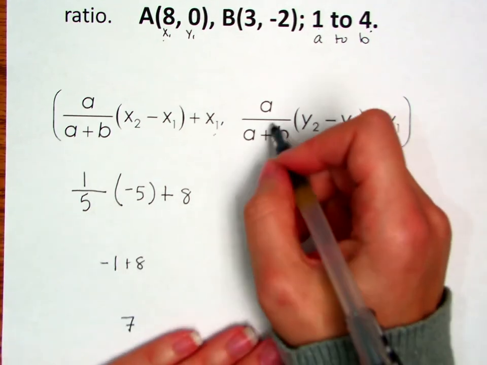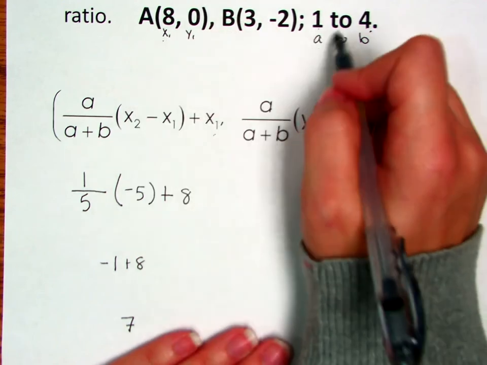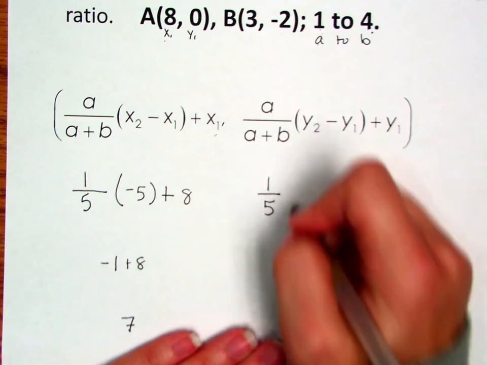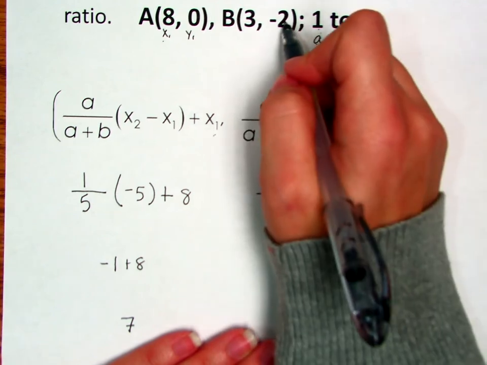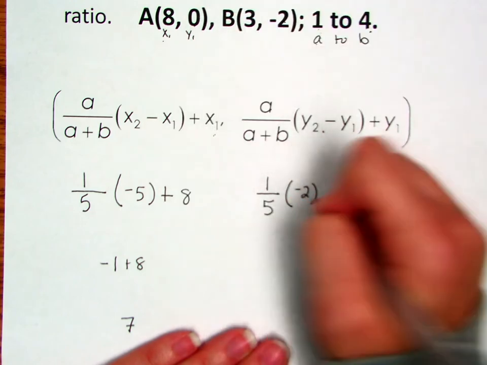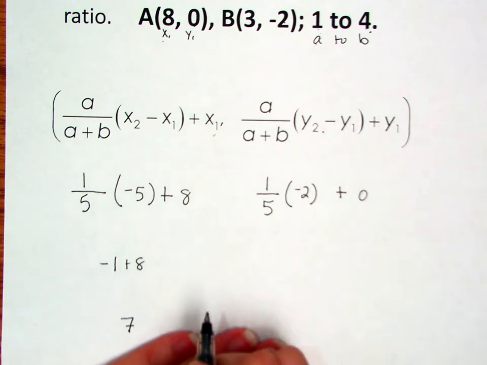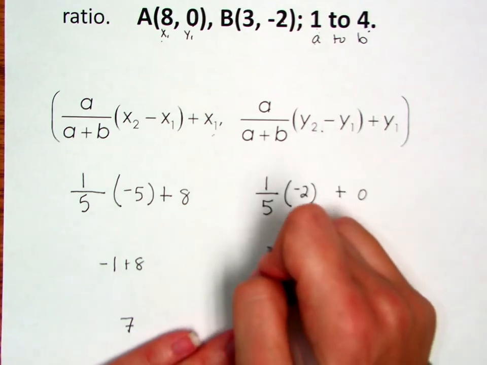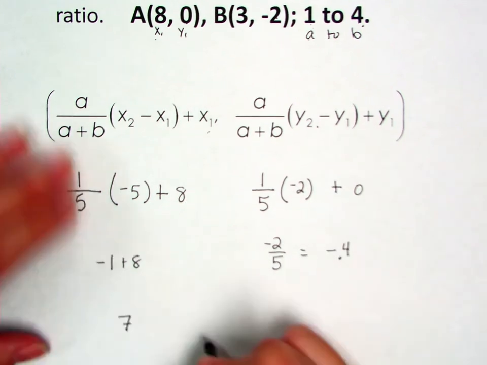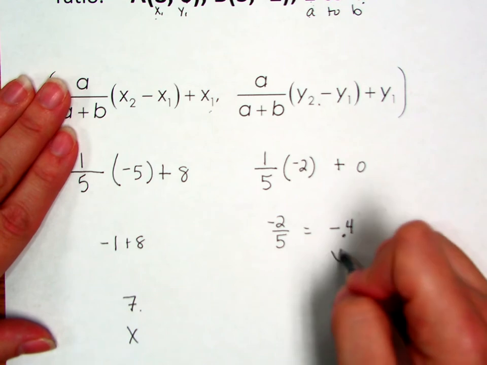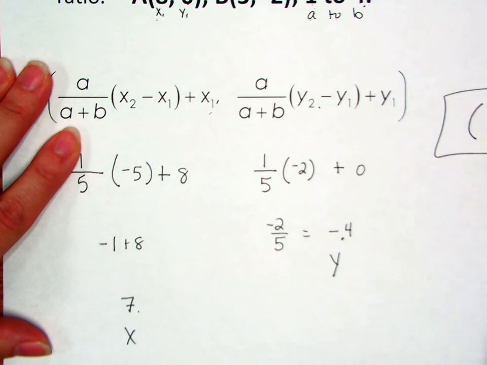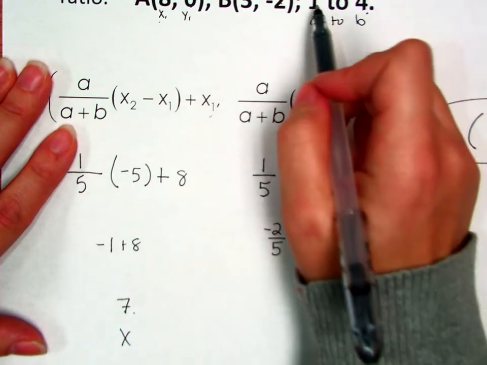We'll do it again for the y's. So you plug in your A, which here is 1, over 1 plus 4 is 5, ratio, times my y's subtracted, -2 minus 0, which would then be -2. And then we're going to add that to my y1, so 0. So this right here, I'm going to multiply, I'm going to get -2 fifths, or that is also equal to -0.4. So here I've got my x, here I've got my y. So at the point (7, -0.4), I now have the point that partitions my segment in a 1 to 4